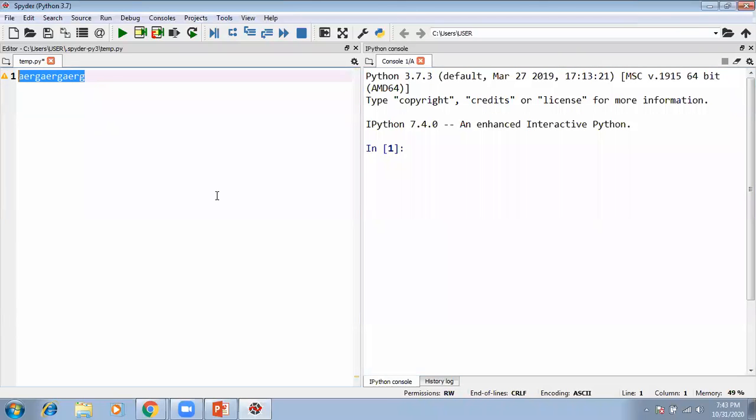So the first thing we are going to learn is, there are a couple of packages. Packages give Python powers to do more stuff. That is called a package.